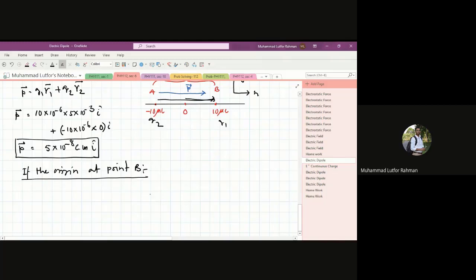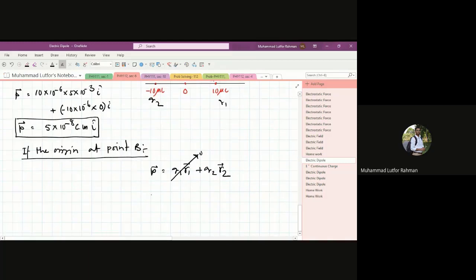In that case I'll write that P would be Q1 R1 plus Q2 R2, right? But the first term would basically be 0, because if I choose this as my origin, then with respect to that one, R1 will be 0, right? So that's why you will find